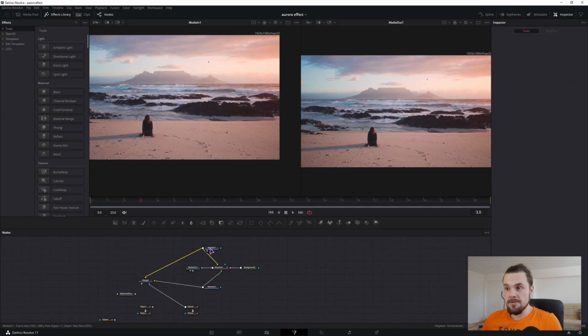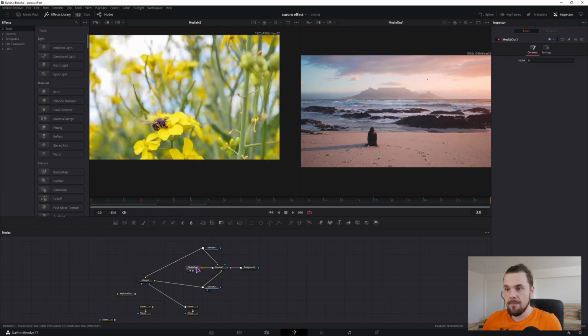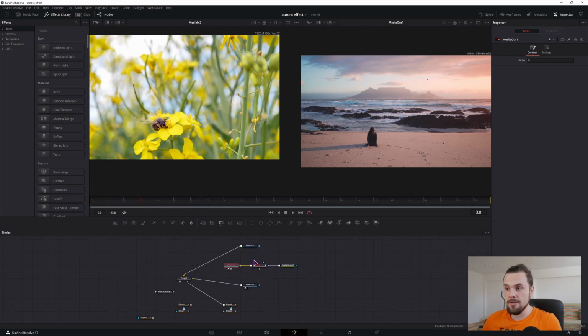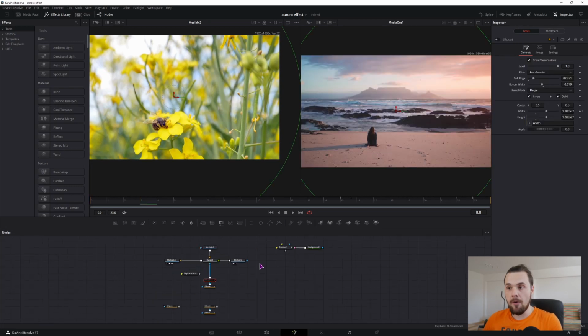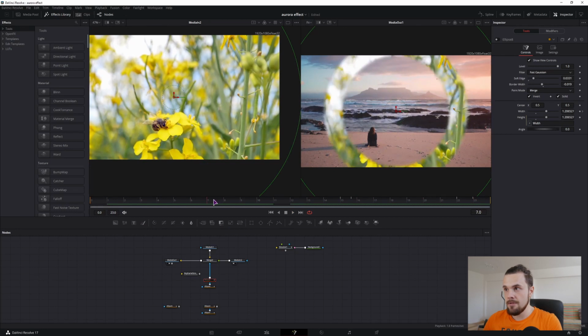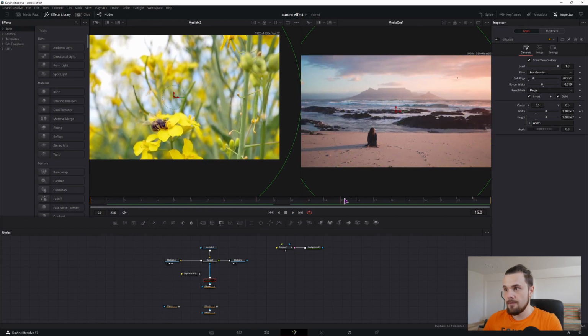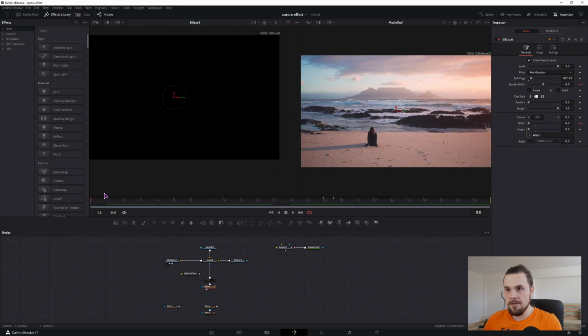So this was just a dissolve node with two media inputs, one being this one and two being this one, and the media out being this one. But what you can also do is not use the dissolve and just use a merge. This is the same example as before, I just didn't show you the ellipses. So this ellipse is like that. It goes to frame 15 and it stops there. Let's display this one on the left side.